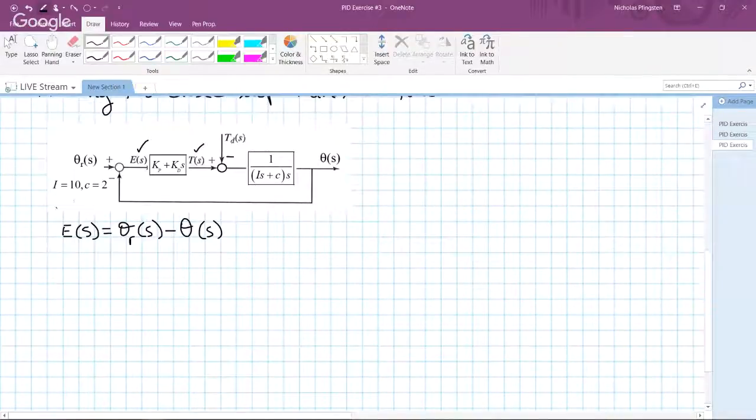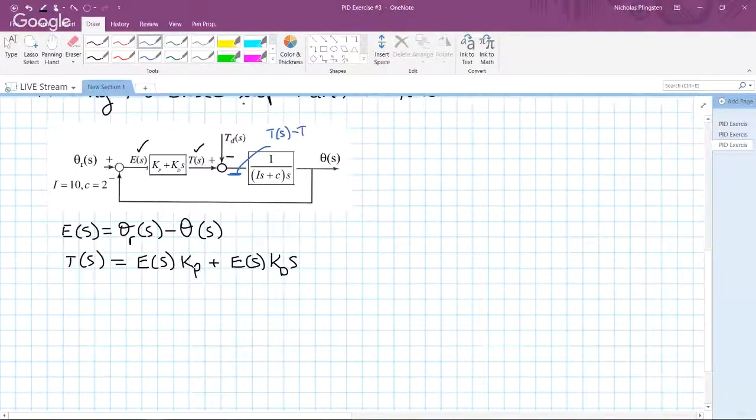We're going to define T of s, which is just going to give us E of s times Kp plus E of s times K sub d of s. And now we know what this piece is here. I'm going to change the color for us. So this piece here is just going to be T of s minus T sub d of s,